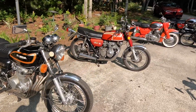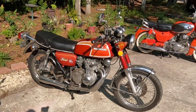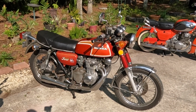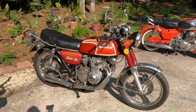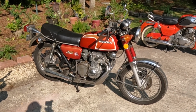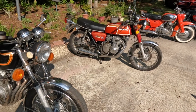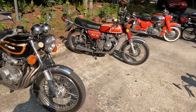You guys saw this the other day. These are all fours. So, 1972 Honda CB 354. It was just on the channel just the other day. We finally rode it, and it's going to get some love. It's just a great little motorcycle, just fun to ride. It needs some love, needs to be cleaned, needs some other stuff done to it, and we'll get to that